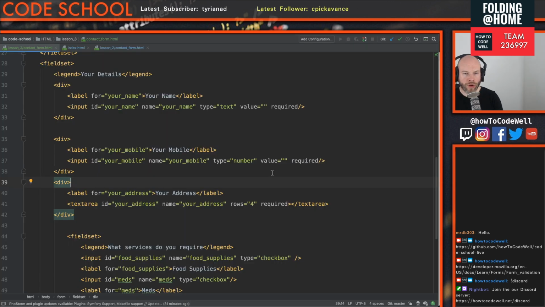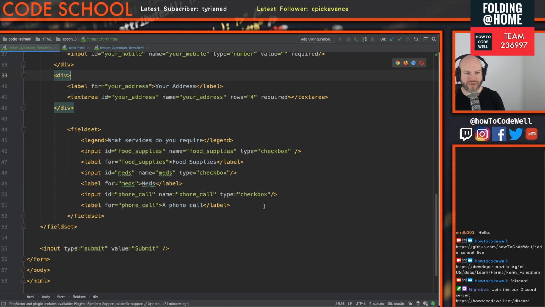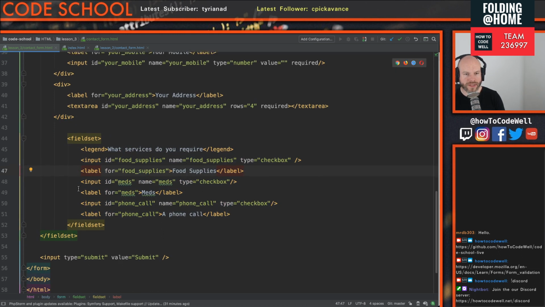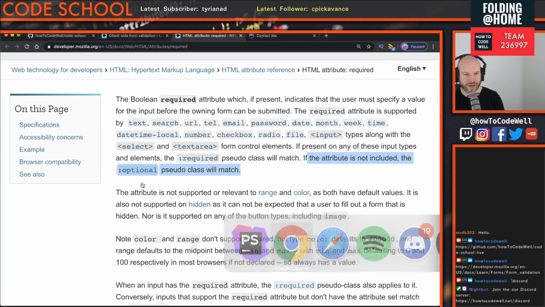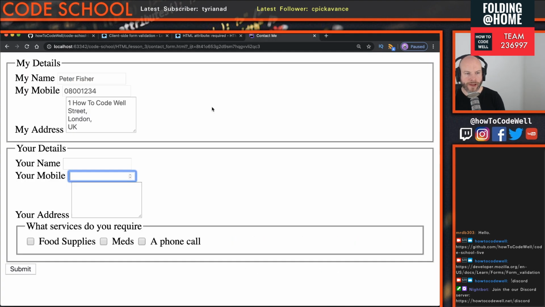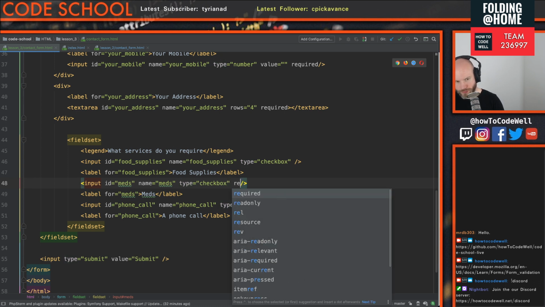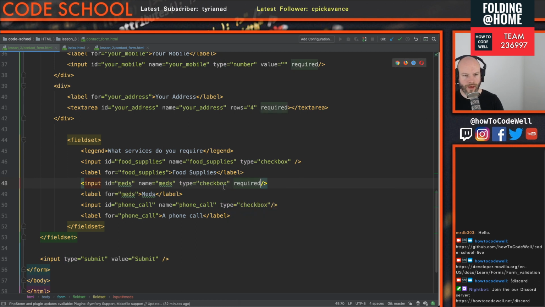So if we were to do it on a checkbox, what do you think will happen? Because we've got multiple checkboxes here going on. So say, for example, if I go back to the page itself, we have what services do you require? Food supplies, meds, or a phone call. So we have these here. And if I was to put this as required,